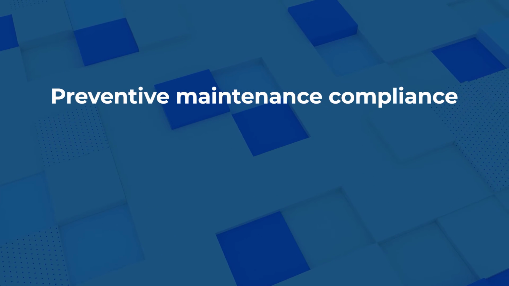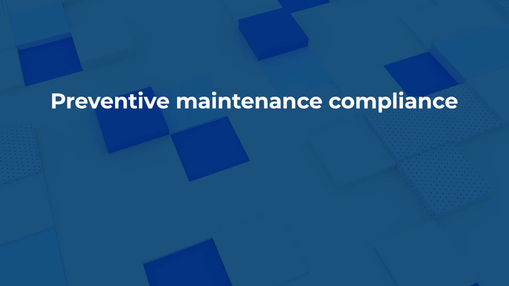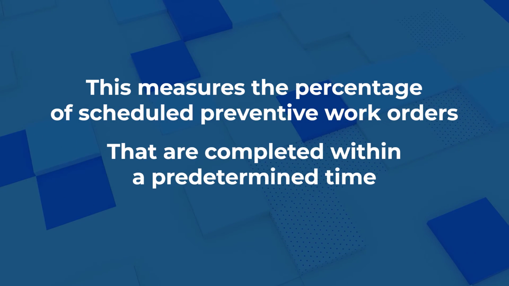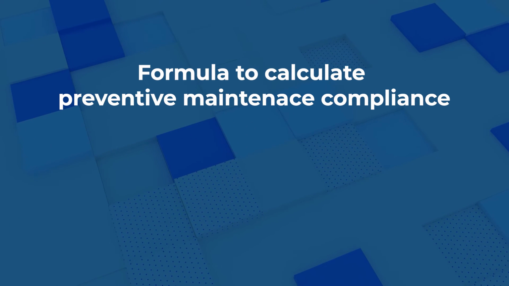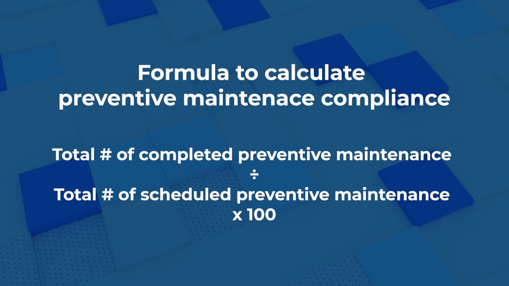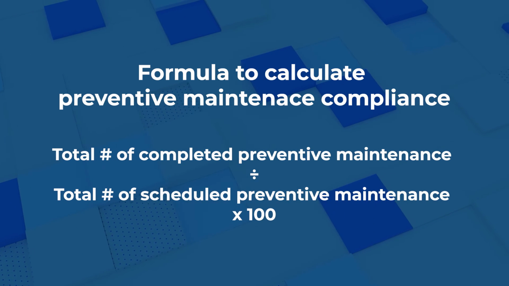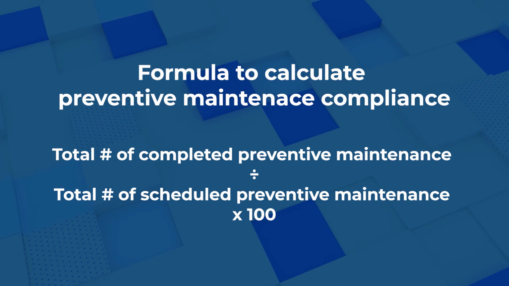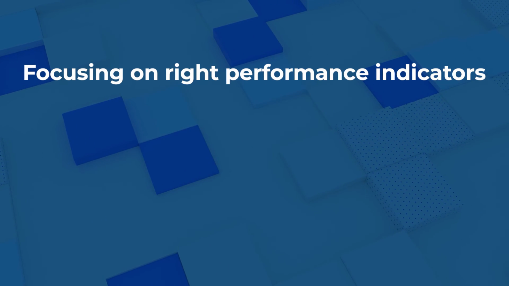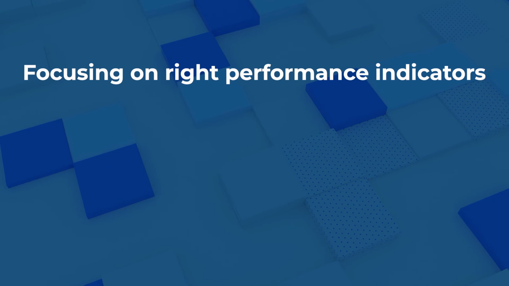Last but not least, we have preventive maintenance compliance. This measures the percentage of scheduled preventive work orders that are completed within a predetermined time. The formula to calculate preventive maintenance compliance is total number of completed preventive maintenance divided by total number of scheduled preventive maintenance times 100. By focusing on the right key performance indicators that are more closely tied to business objectives,